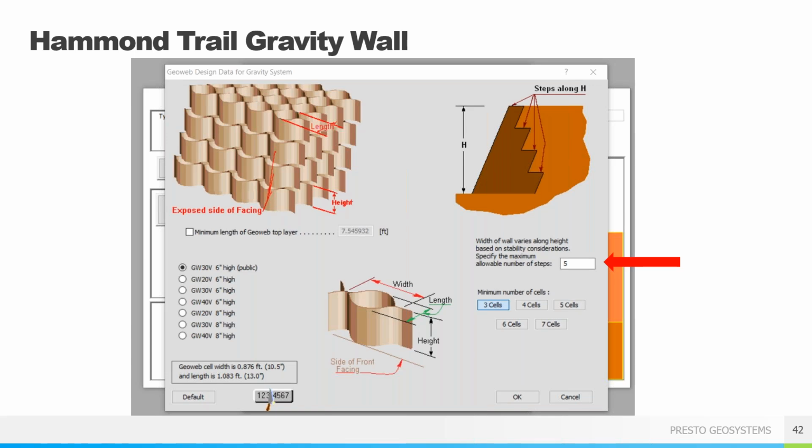The first is the number of steps along the height of the wall. This allows you to control the number of times that the panel is used. So when I mentioned that, if you've got a 3-cell, a 4-cell design, I would always recommend using a 2 or a 3. So here's another option. We don't usually employ it. It allows you to control the length of the very top layer. So I would just not check that box.